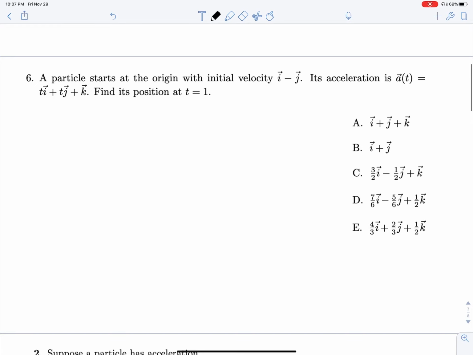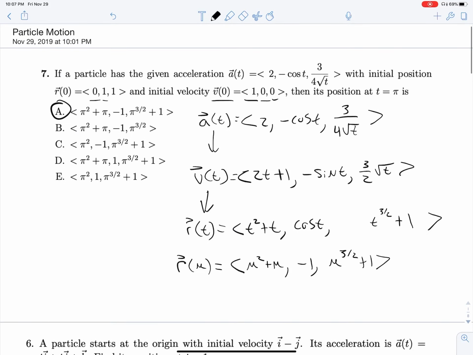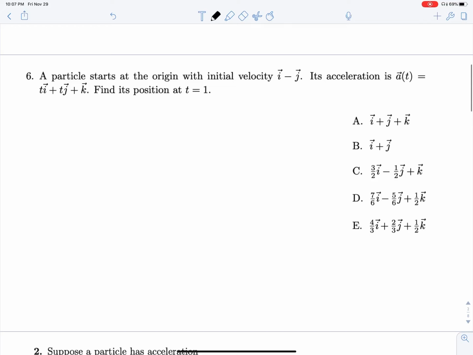Okay, a much simpler version. That was a little bit of a scary start. We're just going to do the same thing, except here we're dealing with i, j, and k forms of our vectors. So that's something to note. And in fact, I'm going to rewrite these because it's very easy to miss little things. So we have a of t, and this is equal to